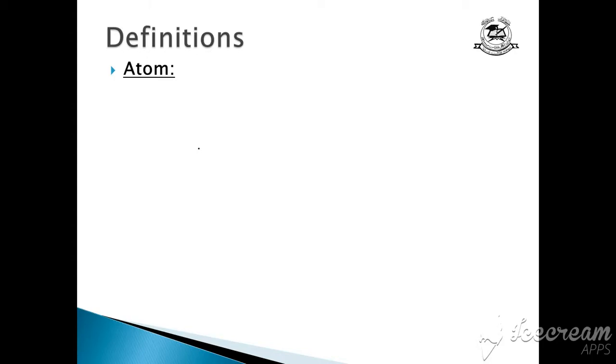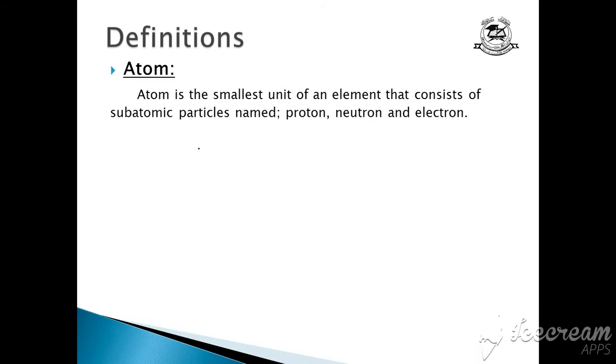The first definition is of atom, and you already know what an atom is. We have discussed it in chapter number 1 also. Can you define atom? Atom is the smallest unit of an element that consists of subatomic particles named proton, neutron and electron. Can you tell me where protons and neutrons are found? They are found in the nucleus of an atom, and electrons revolve around the nucleus in shells, like planets revolve